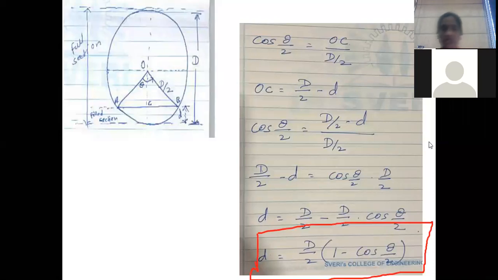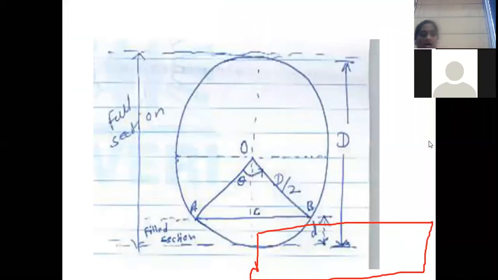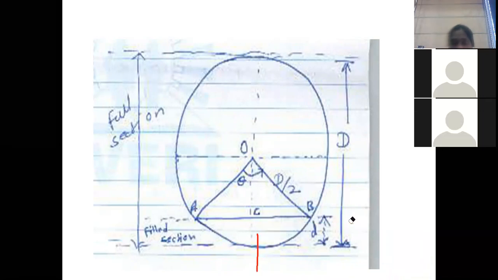Now we'll see how we can find out the area, and how we can find out the other parameters. Or the r, that is the hydraulic mean depth. Small r is the notation we are going to use for this particular depth. Okay, now we'll go to the next one.